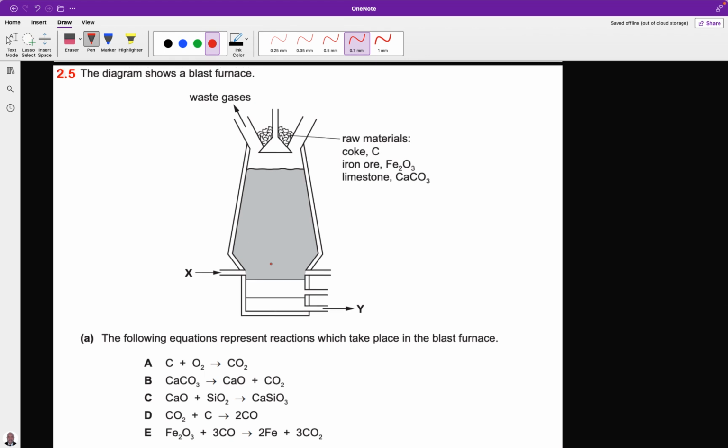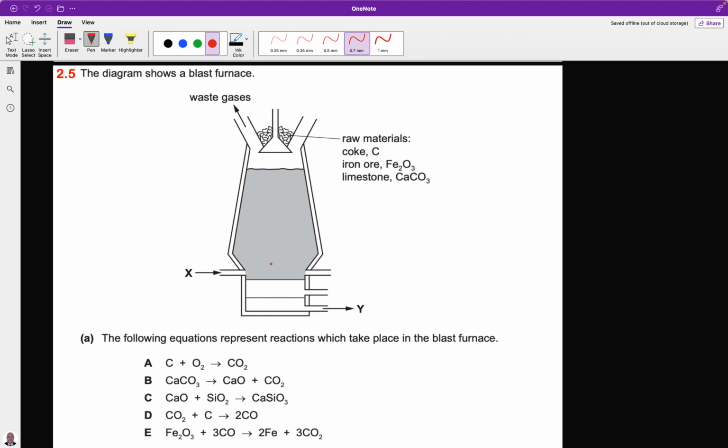The materials going in are coke, that is carbon, the iron ore, which is iron 3 oxide, and then calcium carbonate. Then we have X that is sent in from the bottom, and there is Y that is being